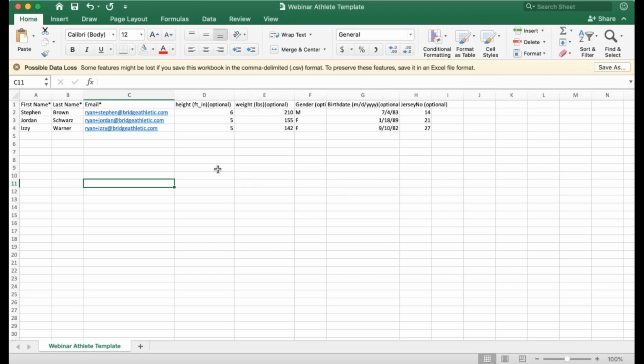So hopefully you can see here now, this is just a copy of what that will look like. So I can input my names, first name, last name, the email address, their height, weight, gender, birth date, jersey number, all of that stuff. So once that's entered in,